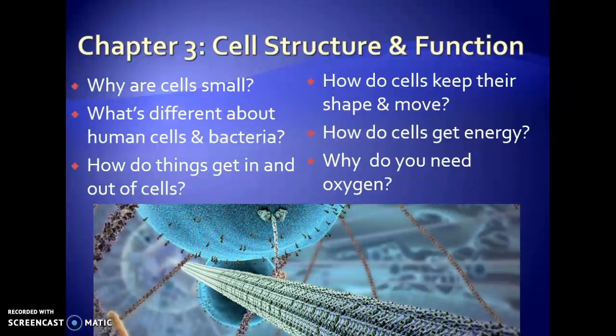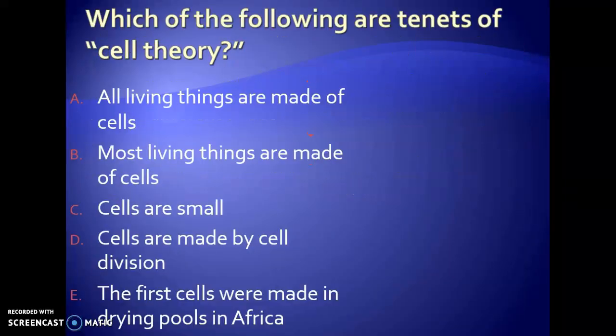Alright, how do cells keep their shape and move? We humans do a lot of moving. We're constantly moving, even if we don't realize it. And how do cells get energy? Right, breaking down the food that we eat to get energy to supply our cells with fuel to do what they need. And then why do we need oxygen? Alright, so